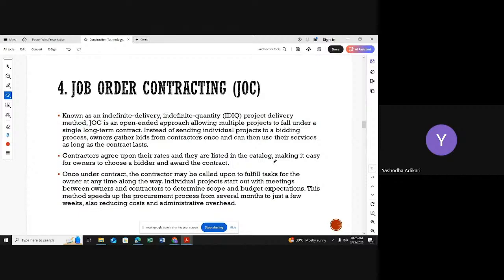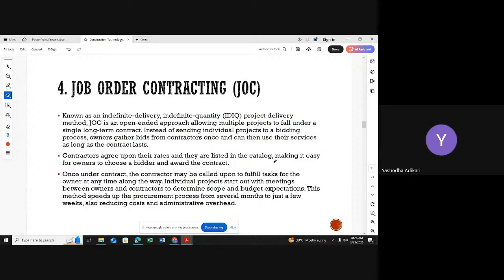Now, imagine doing a tendering process or something like that. You are selecting a contractor for the project. In this case, normally after selecting a contractor for the project, we take an agreement between two parties, and it is under that relevant project. Under the project, we sign an agreement.